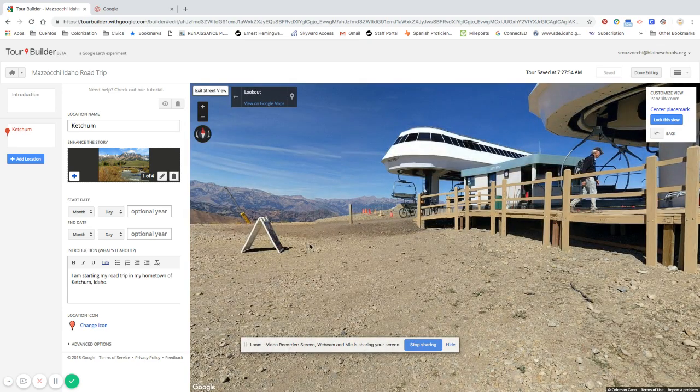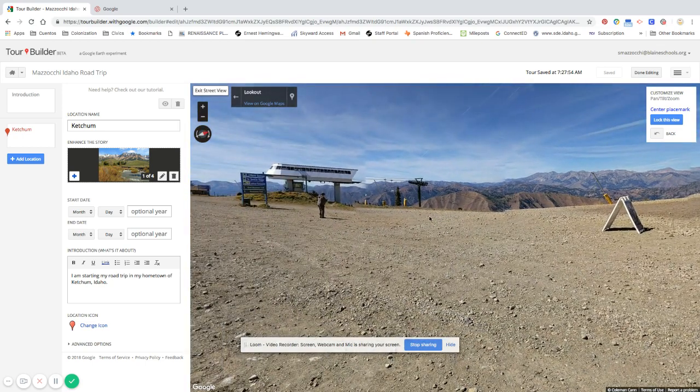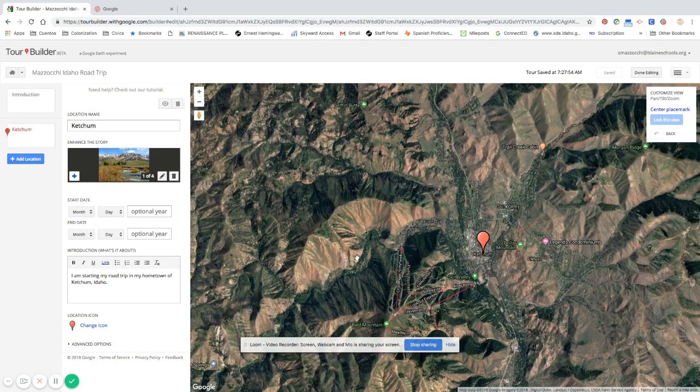Oh, so here I am. I don't think this is the view I want, though. But here I am at the top of Baldy, so I know I'm close. But this isn't the view I want, so I'm going to hit back up here and to the left. And I'm going to grab my little man again